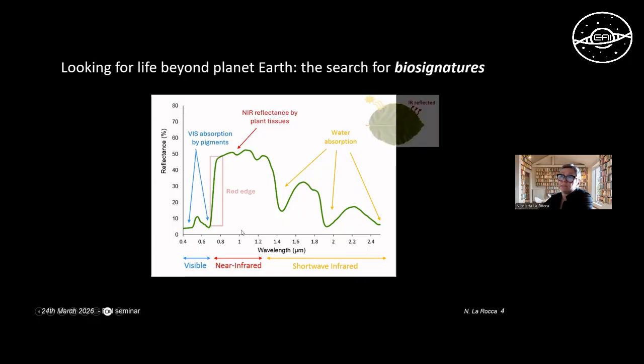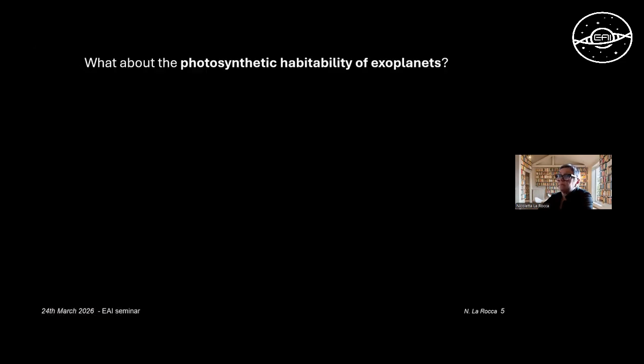In between, we have a sharp increase in reflectance that is called the red edge, and this is a fingerprint of surface biosignature on Earth. And what about the possibility of